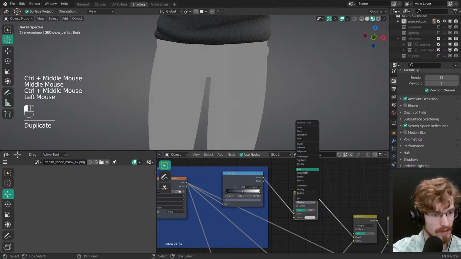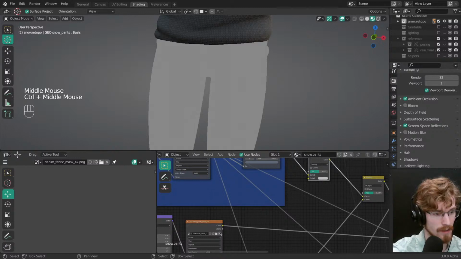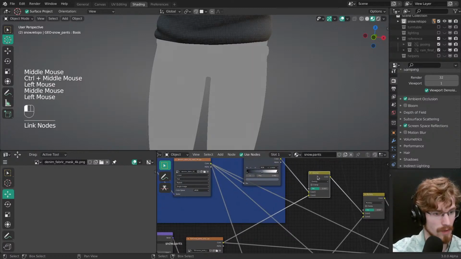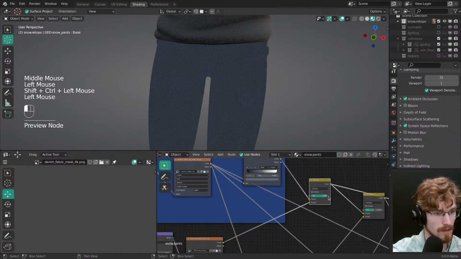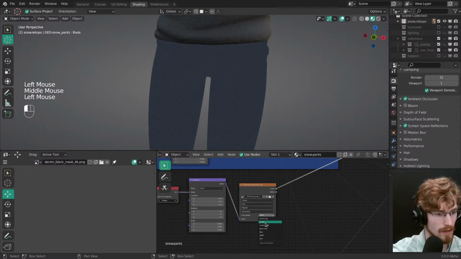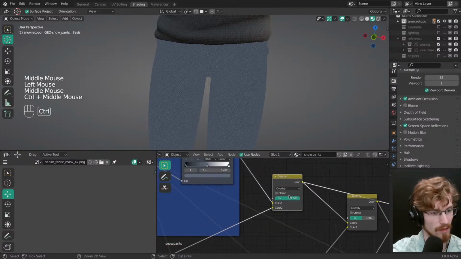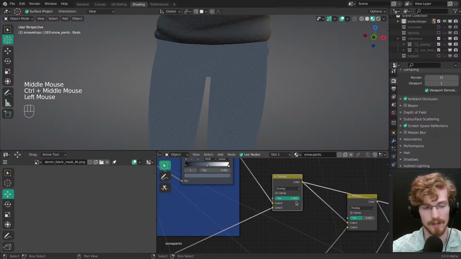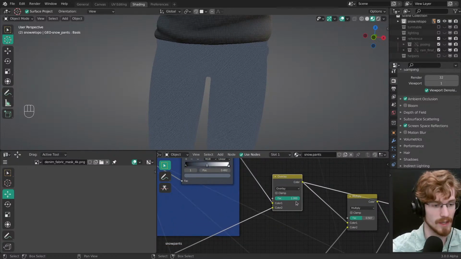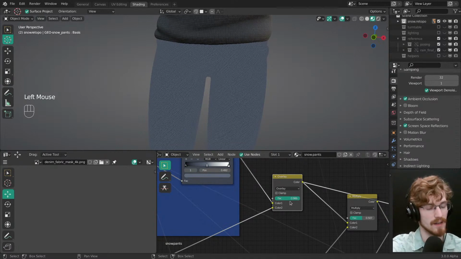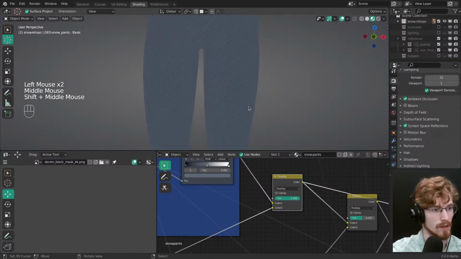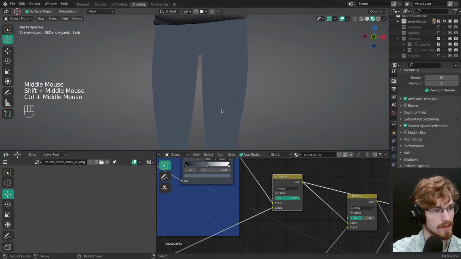I'll just make this overlay. Plug this in here. Have this as linear. So by default it does nothing because the default value is just 0.5. It's right in the middle. And if I paint anything on top, it will actually overlay it or add it or multiply it, or